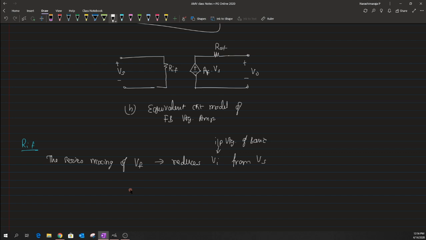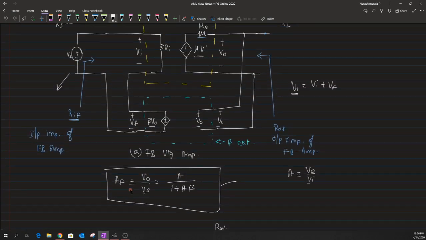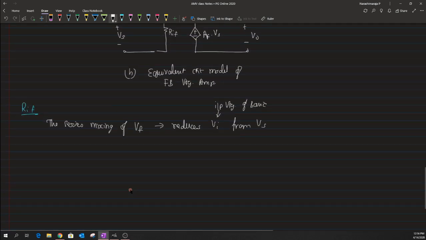So basically the Vs is the one that goes to the basic amplifier, but because of the series addition, this Vf will try to reduce this Vs from being directly applied onto this Vi. Okay. So that is what I mean by this particular statement,